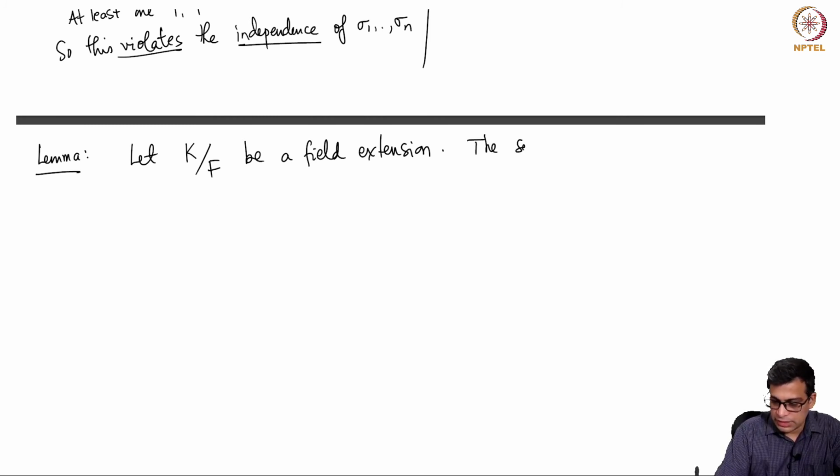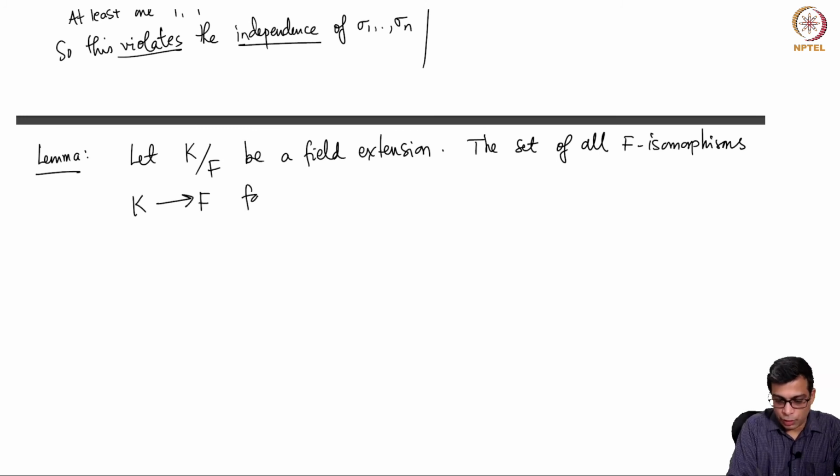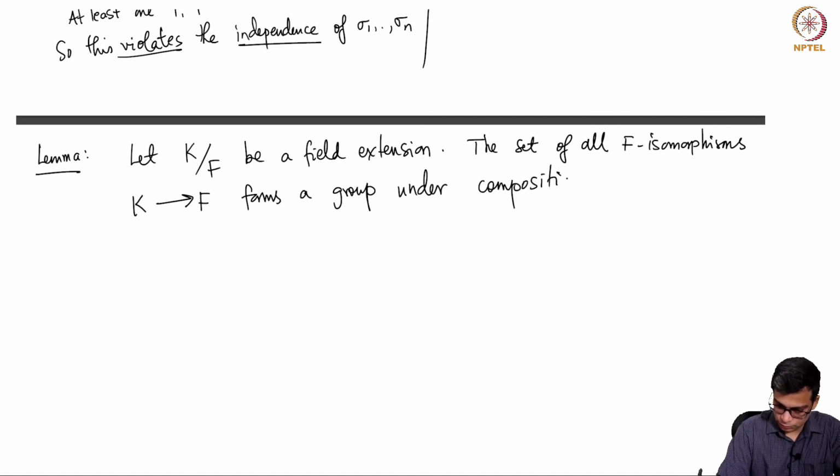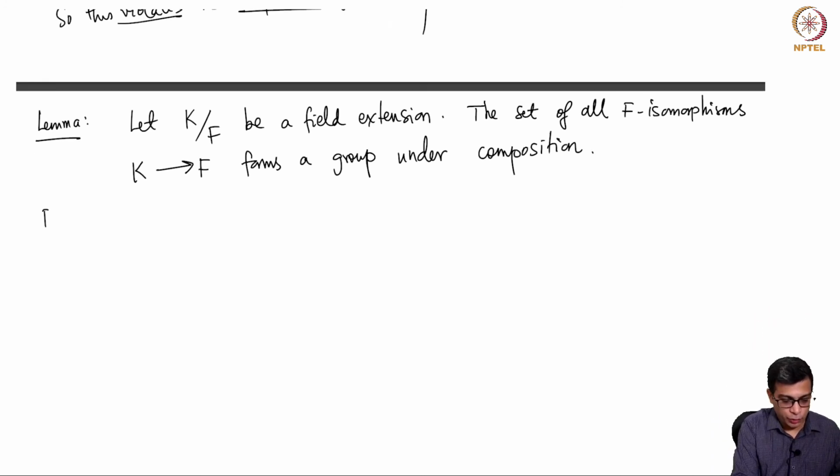Then the set of all F isomorphisms from K to K forms a group under composition. The proof I will do later, because I want to wrap up this video, and we'll come back to this later. So the set of all F isomorphisms from K to K, I should write,